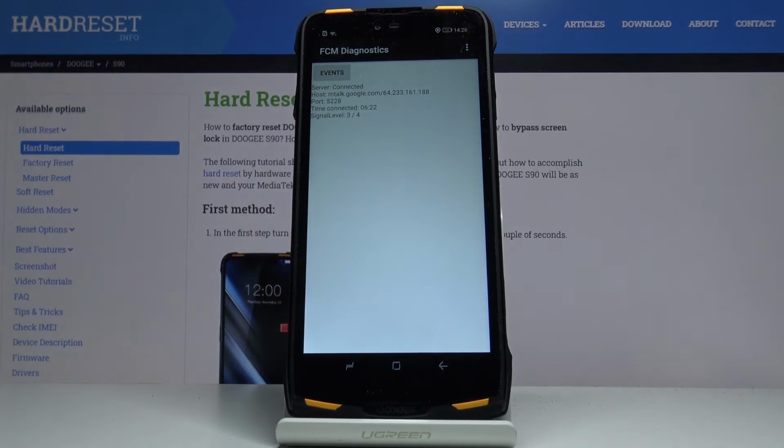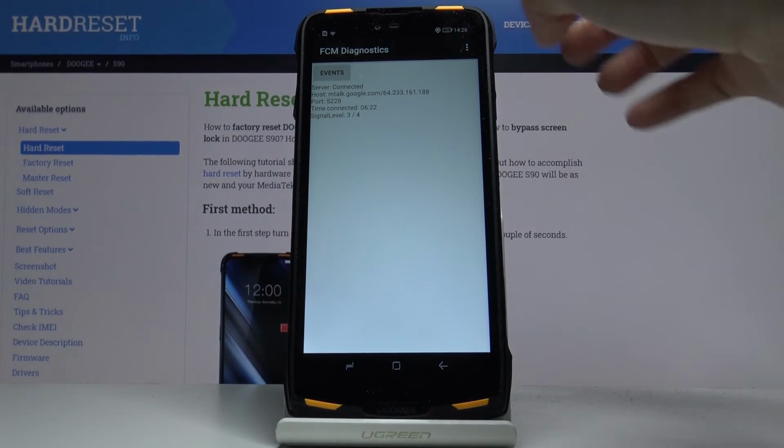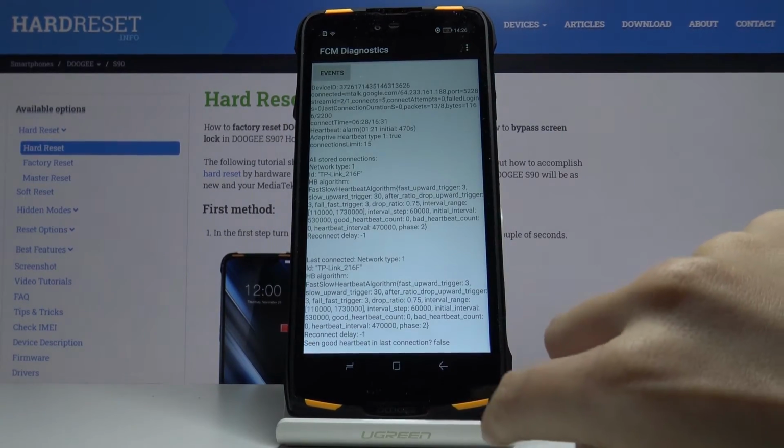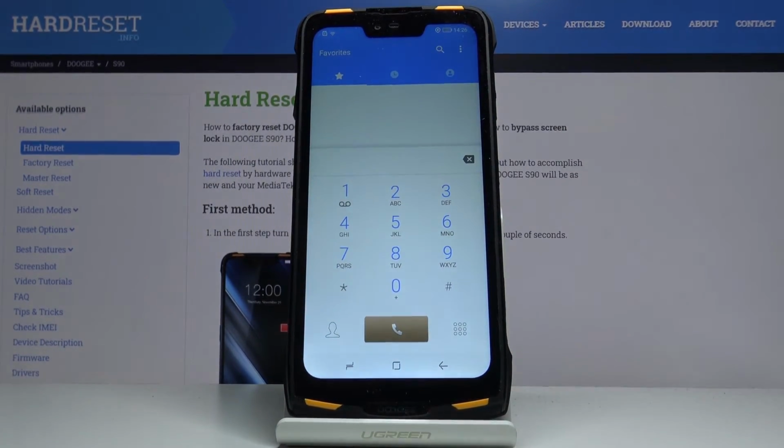And if you would like to activate advanced view, all you have to do is to click on the more icon and then mark advanced view. Here you've got it. So this is it. Let me go back, and another code that you can use here is *#*#